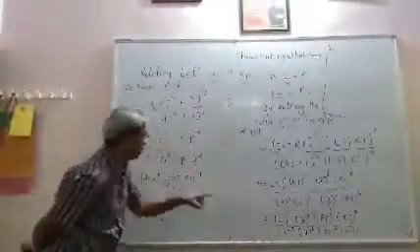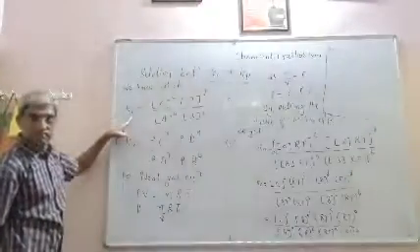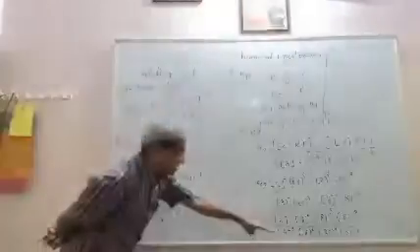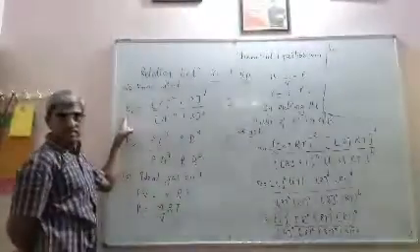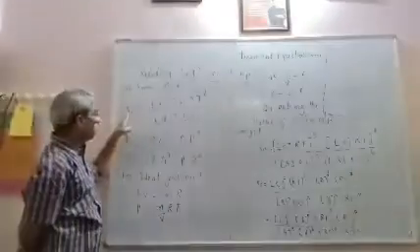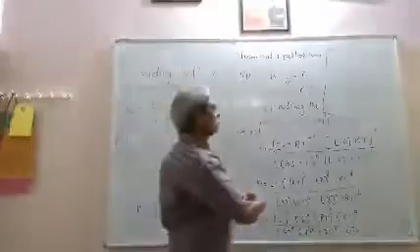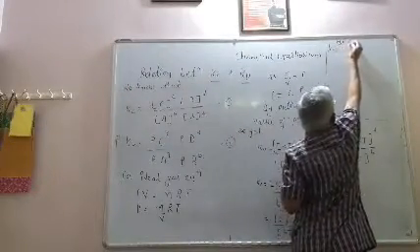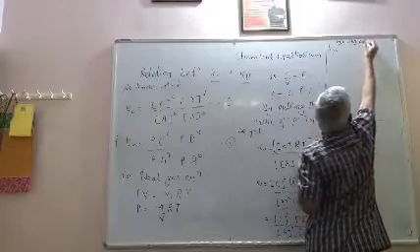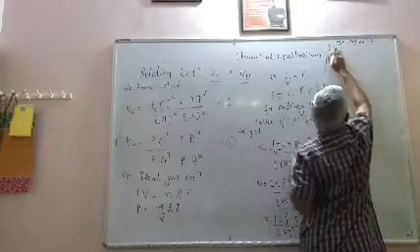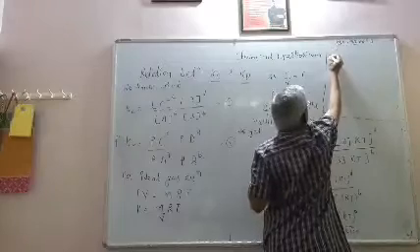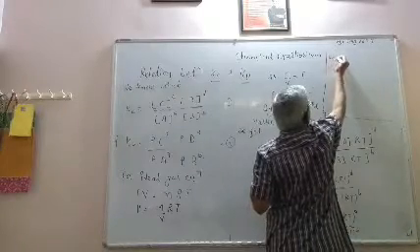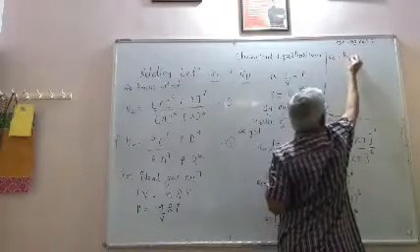Compare this value with equation 1. This is nothing but Kc. Therefore, by using equation 1, we can write Kp equal to Kc